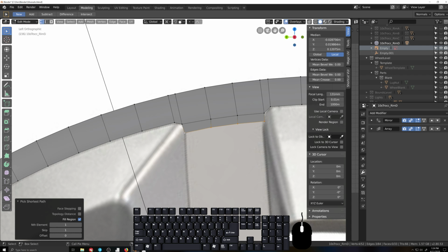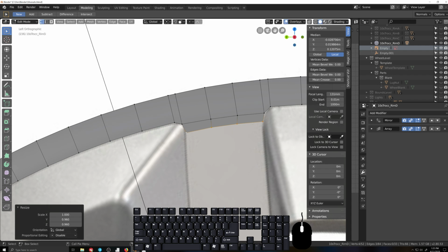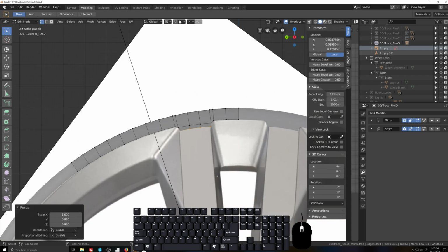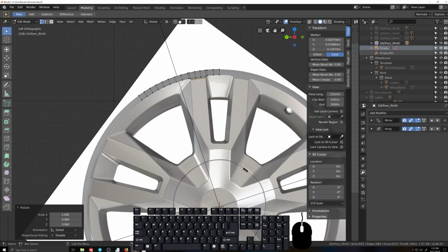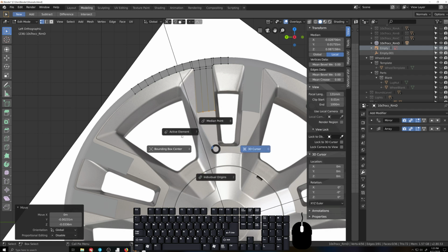And then let me go to bounding box center, and I want to get these two. Yeah, that looks good. All right, back to 3D cursor. Now let's go ahead and extrude, and I don't think scaling is going to take us in the direction we want to go, so we'll just move it until we get about where we want to be, which is probably going to be here. Now, let me go ahead and flatten this out,